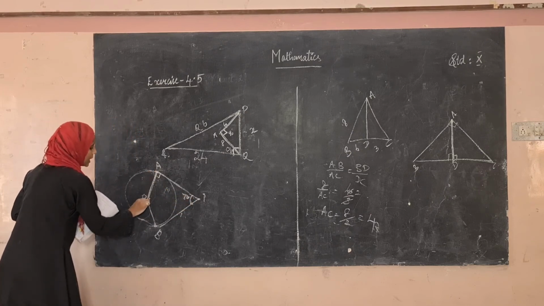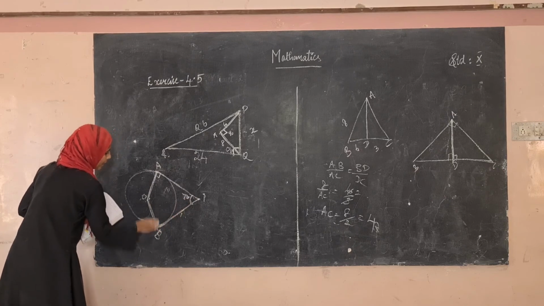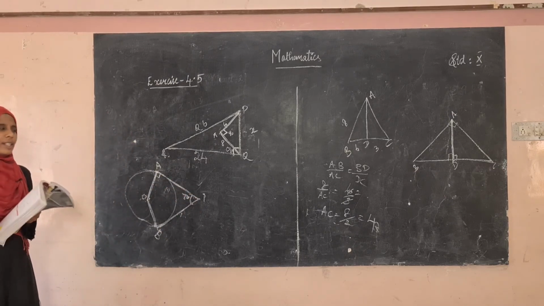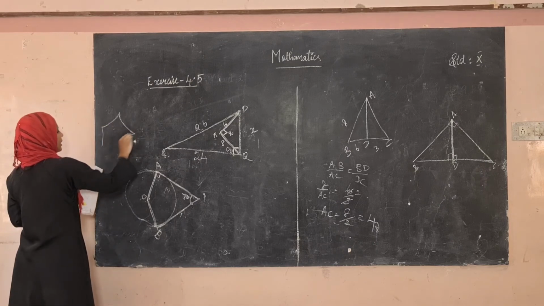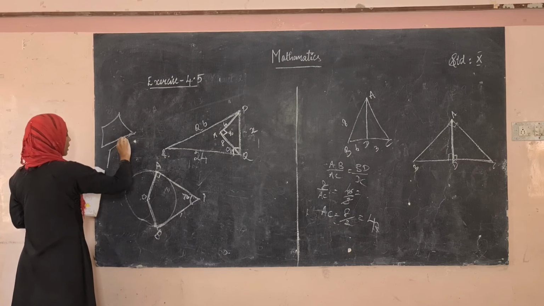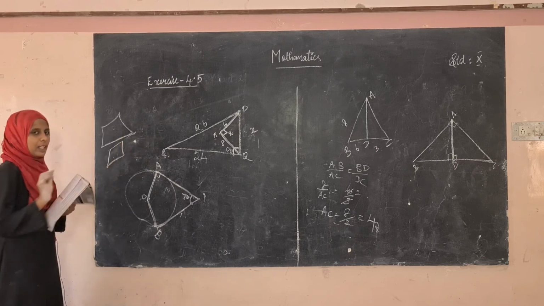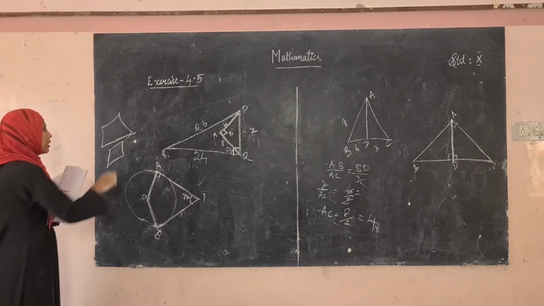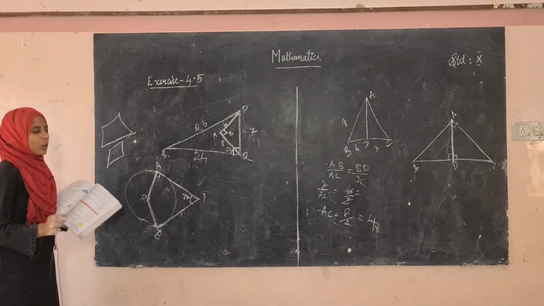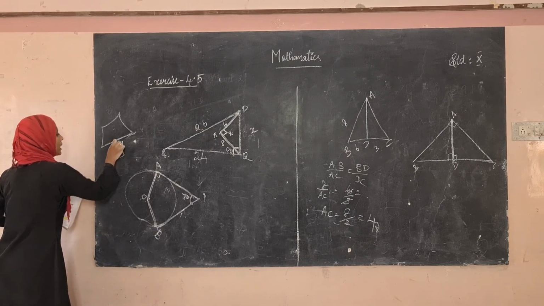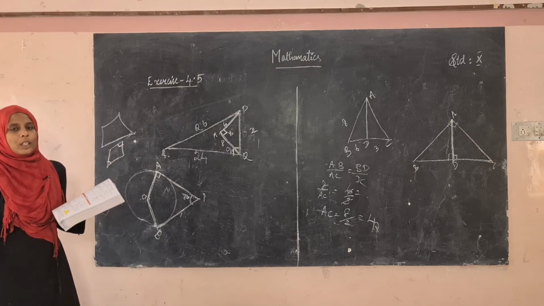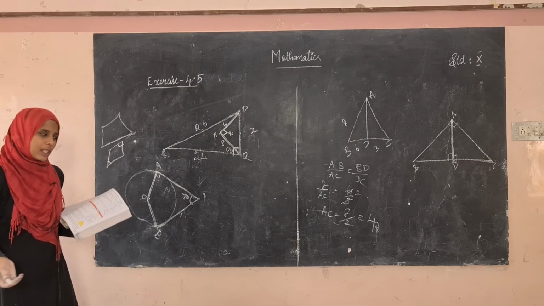See here, this is making a quadrilateral. Quadrilateral means it will be having 4 sides. It can be of any shape. A quadrilateral need not be a square. Joining any 4 straight lines gives a quadrilateral, and the sides need not be equal. But the thing in the quadrilateral is that the sum of the opposite angles will be 180 degrees.